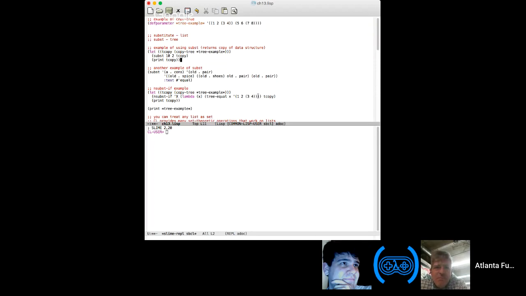To give you an example that this is a functional substitute, in this first example we are copying the tree and simply replacing 2 with the value 10. If we run this guy,